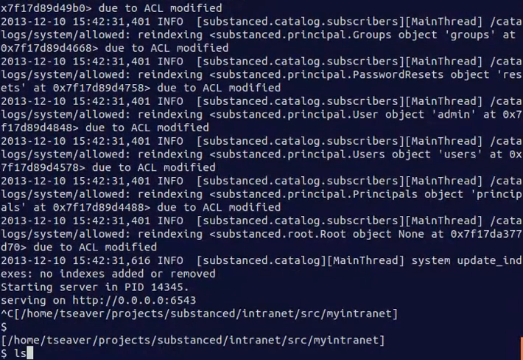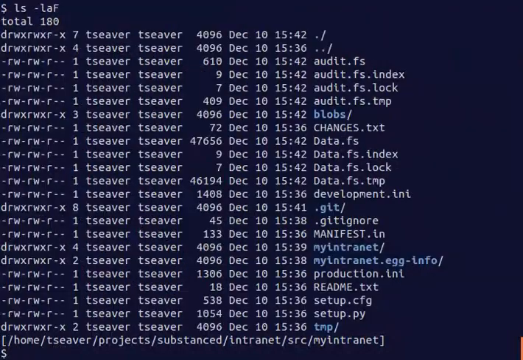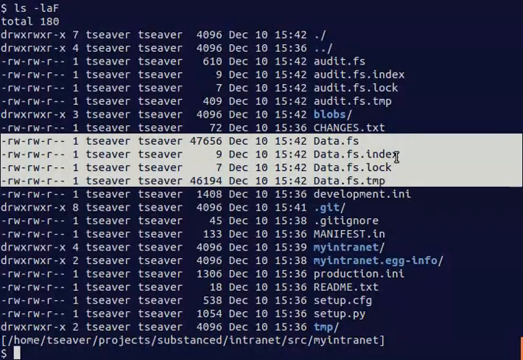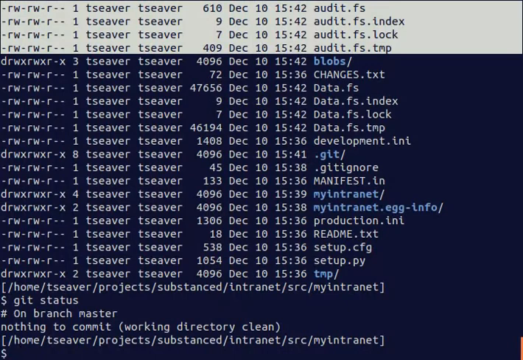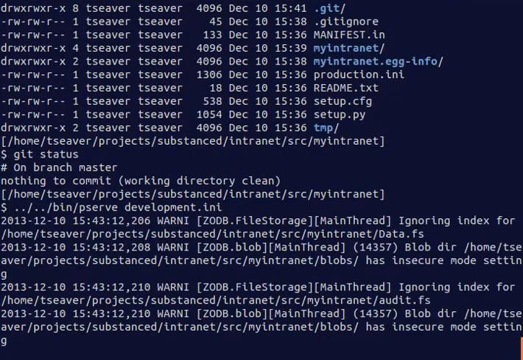I'm going to stop it with Control-C real quick and look at it. We'll see that there have been some database files created, the main one which is called data.fs, and then a secondary one which contains auditing information called audit.fs, and then the index and other files that are used to support that. In the first setup, we actually told Git to ignore those files, so they are present but not being tracked by Git. So I'm going to run the server again,